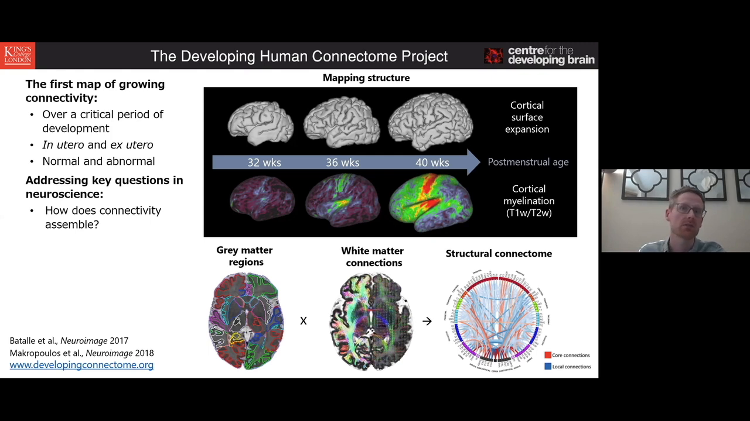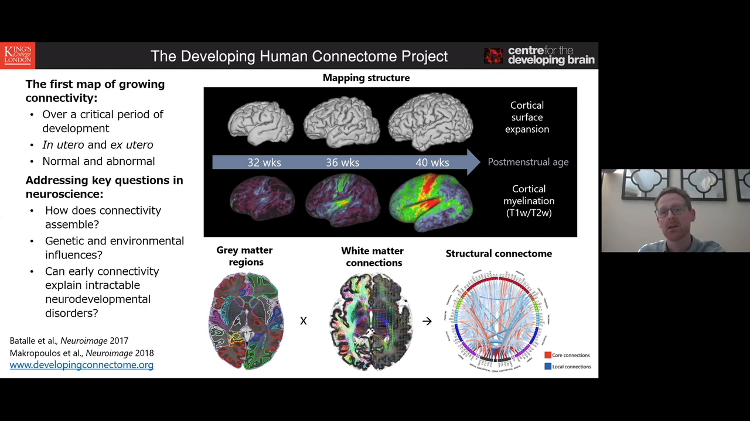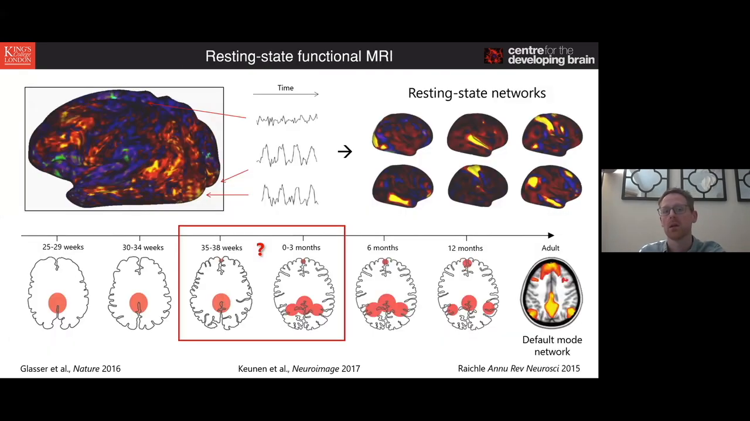The example shown here is structural connectivity analyzed using graph theory. What are the genetic and environmental influences on this process? Can early differences in connectivity help explain the mechanisms behind currently intractable neurodevelopmental disorders, such as autism? In this talk, I'm going to present some of the resting state functional MRI acquired in infants around the time